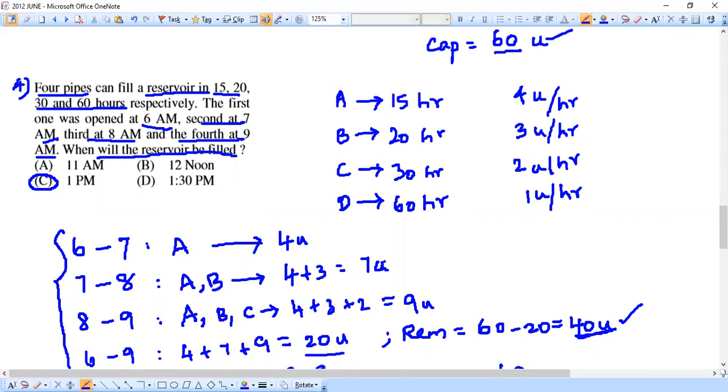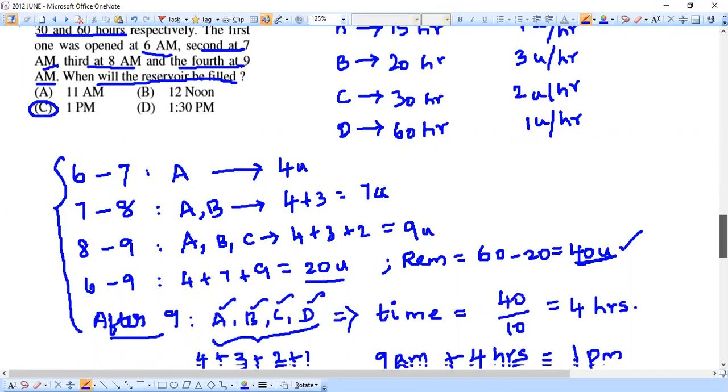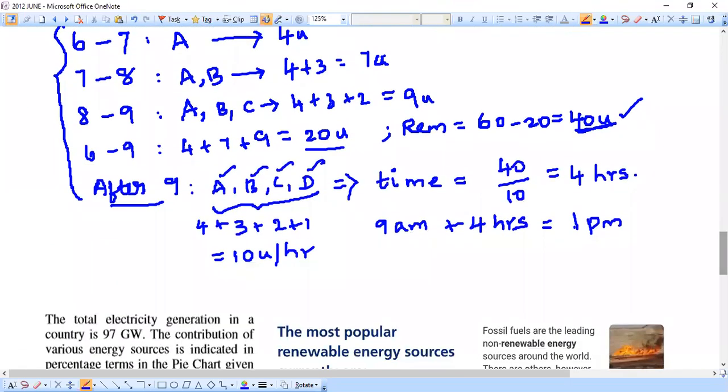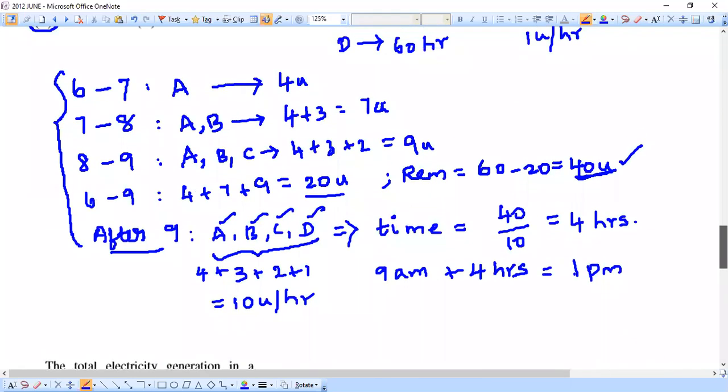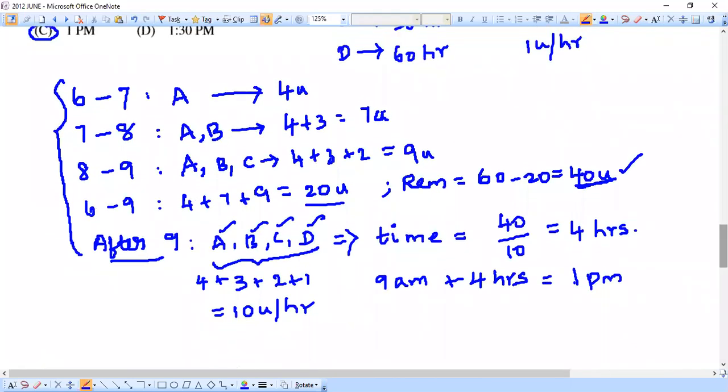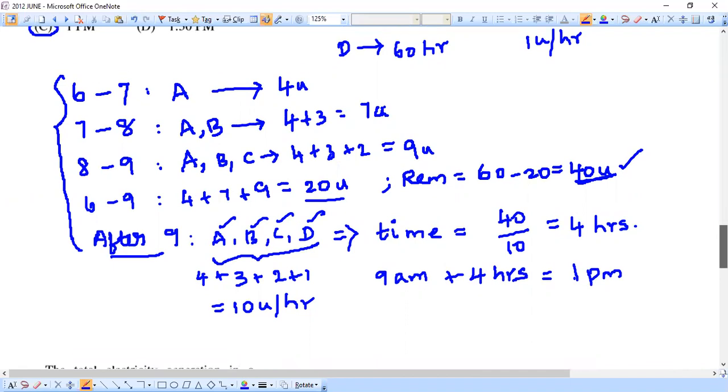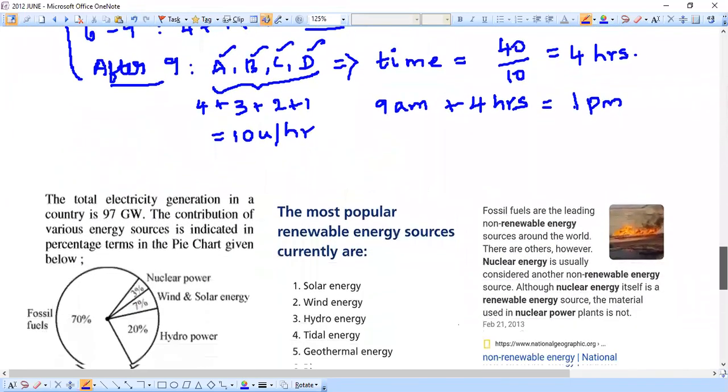So whenever pipes and systems, time and work questions are given to you, it is important for us to clearly understand the question, then immediately assume the total work, and with that try to find out the efficiencies of each of these persons or each of these pipes. This is how we usually do it. Then do the calculation and get the final answer. Just have a view, you can surely understand this problem. Fine. Let's move on to the next set of questions.